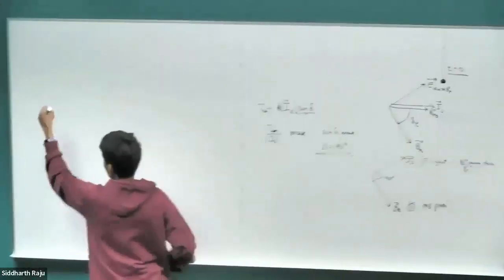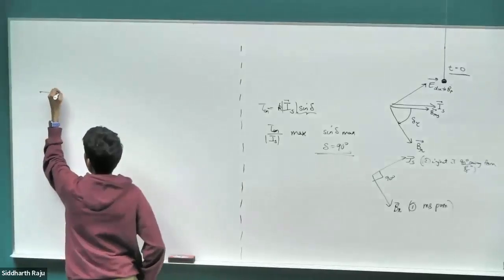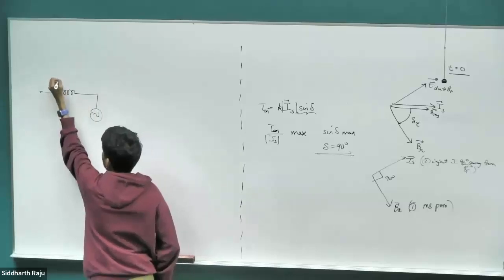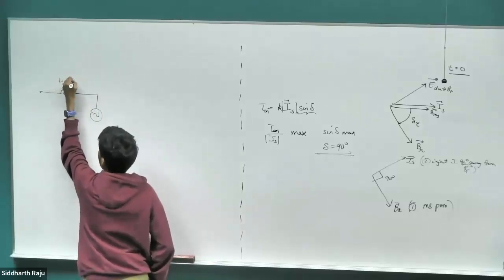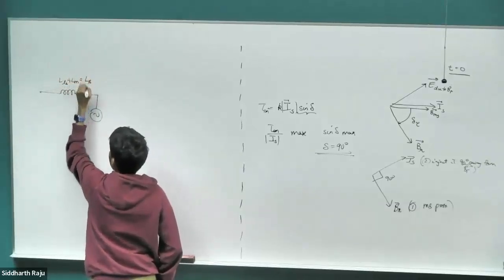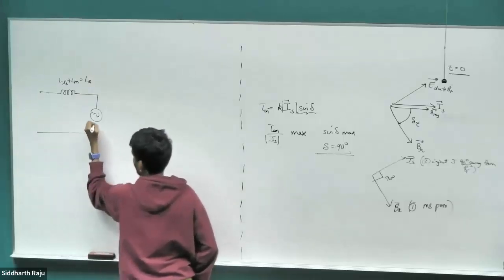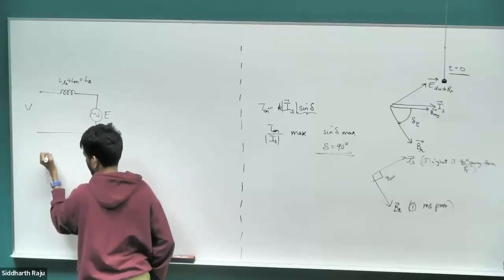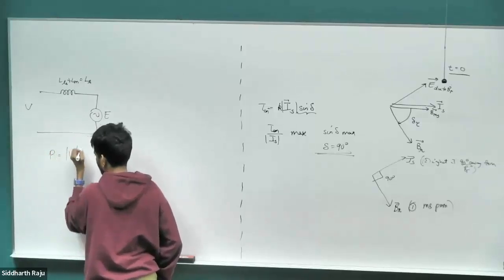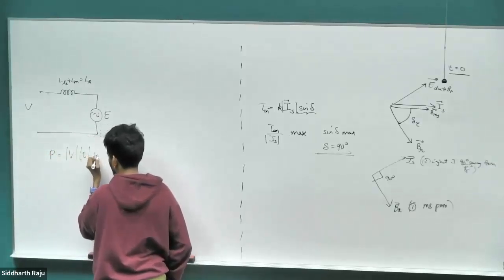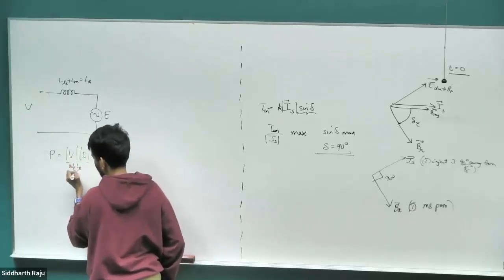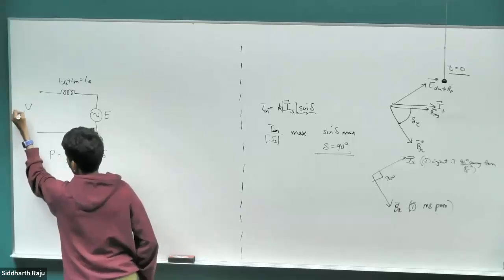So in our equivalent circuit now, ignoring the resistance, let me combine both the inductances together: LLS plus LL. Let's call it the total stator inductance Ls. We have some back EMF, we have some terminal voltage. The power itself is going to be V times E times sine delta divided by omega E times Ls. Right? Let's say at some frequency